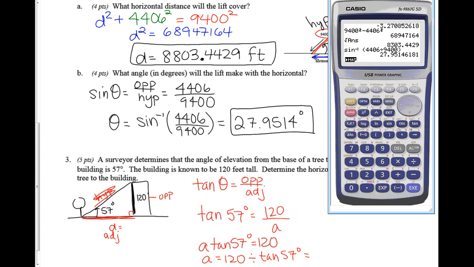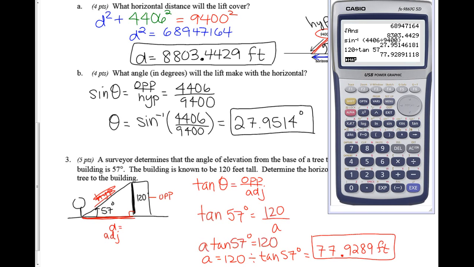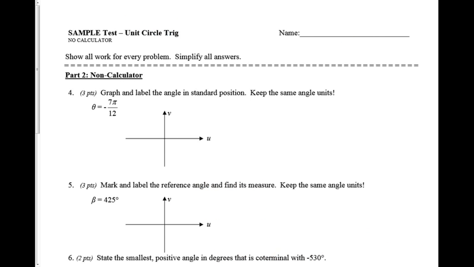and type it in. Again, I need to be in degree mode, which I still am. 120 divided by the tangent of 57 is 77.9289, and my units for that would be feet, because all of the measurements I had in this problem dealt with feet. Okay, so now I'm turning the page, and that's going to take me on to the no calculator